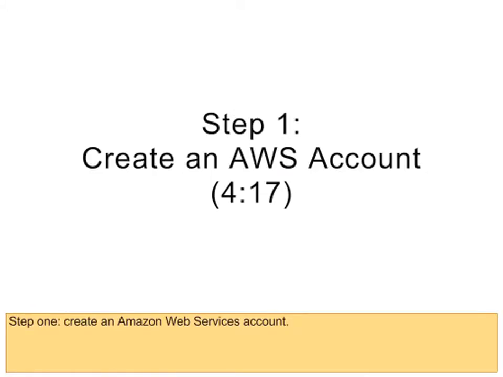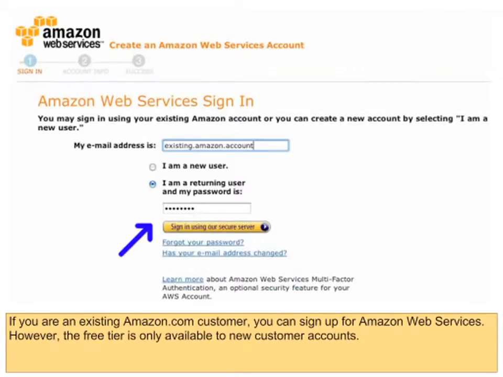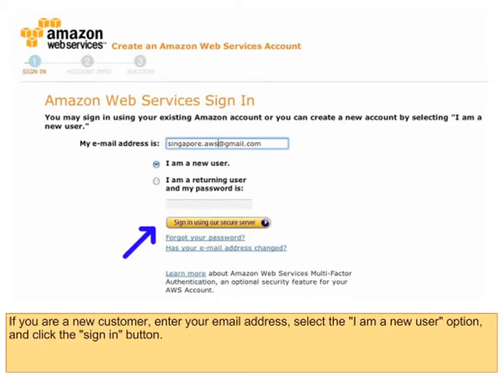Step 1. Create an Amazon Web Services account. Open a browser and go to aws.amazon.com. Click the Sign Up Now button. If you are an existing Amazon.com customer, you can sign up for Amazon Web Services. However, the free tier is only available to new customer accounts. If you are a new customer, enter your email address, select the I am a new user option, and click